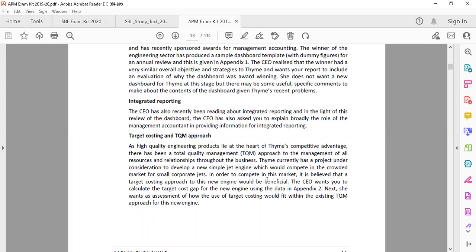As high quality engineering products lie at the heart of Time's competitive advantage, there has been a TQM approach to the management of all resources and relationships throughout the business. What is TQM? The approach of TQM